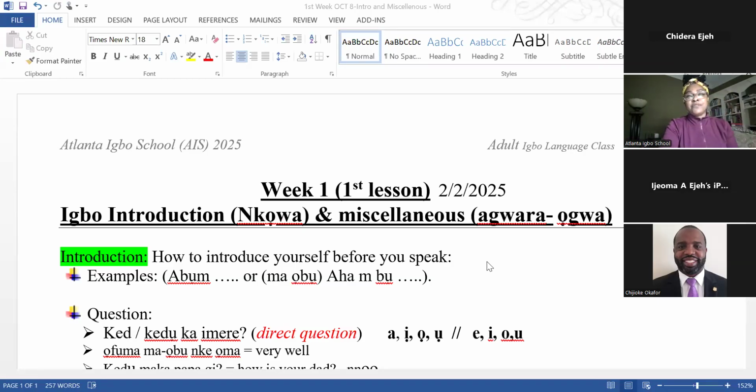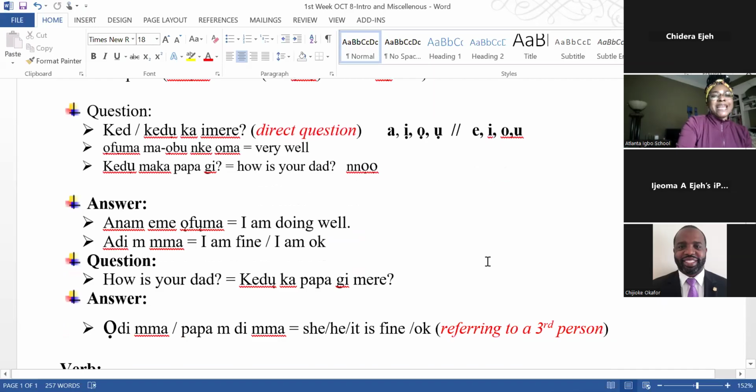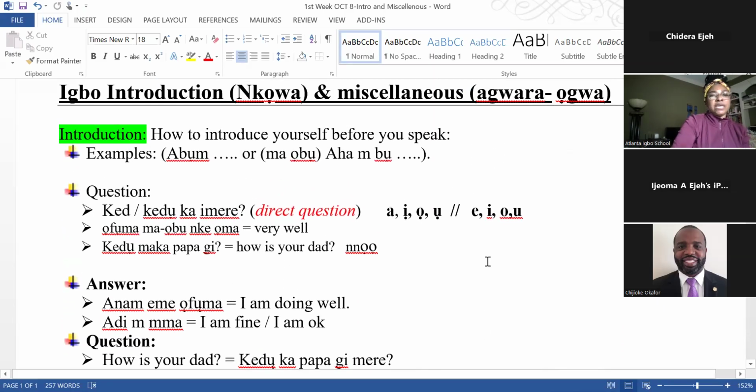And then the following week, we have to do pronouns and vowels. We have to finish them because it's a review. We haven't done nouns. We haven't done a lot of adverbs. We have a lot of things to do. Now, remember what we said about how to introduce yourself. Ahambo, afambo. Everybody should learn how to do that. Or you can say kedo.